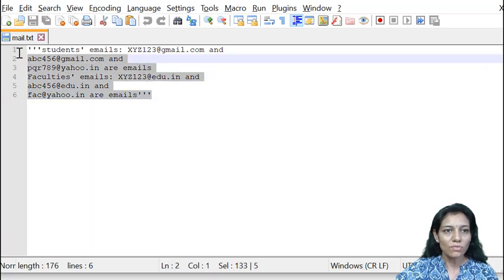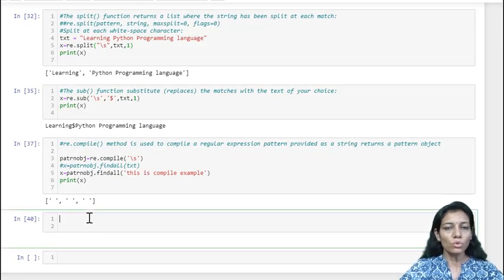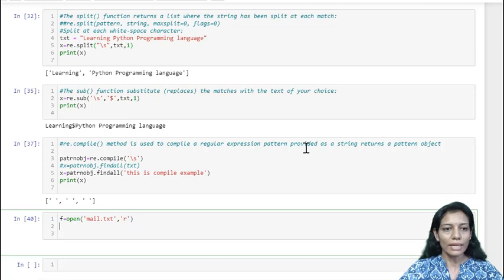This is the text file that we are going to open, and mail.txt is the name of this text file. So I am going to open that file: f is equal to open, the function I am using to open the file, and the name of the file is mail.txt, and I want to open it in read mode, because I do not want to edit it.